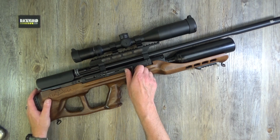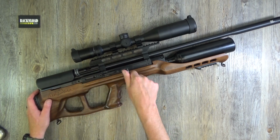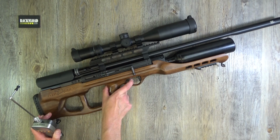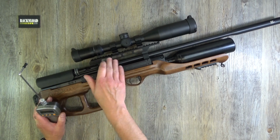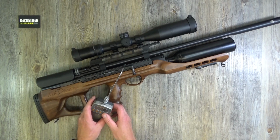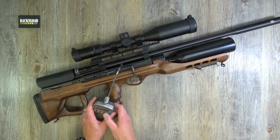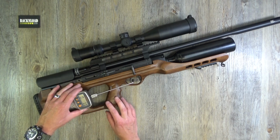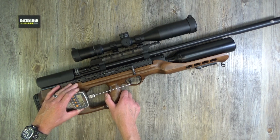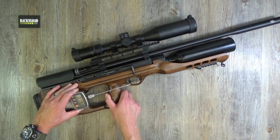Let's give the trigger a pull, just for giggles. It felt, let me remind myself. Yeah, it did feel a little bit spongy, if I'm perfectly honest. But let's just give it a pull, see what it's doing. Like I said, it's not refined. This gun isn't. It's agricultural. You're not buying a Ferrari when you buy one of these. You're buying more of a,